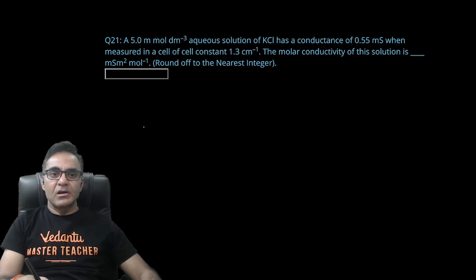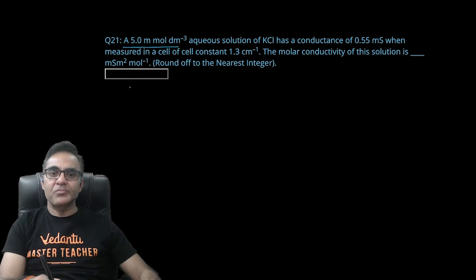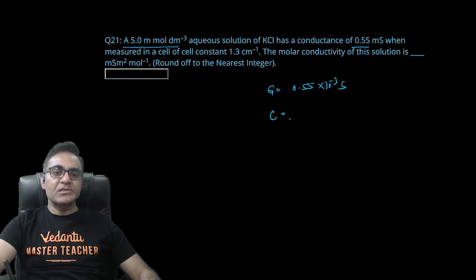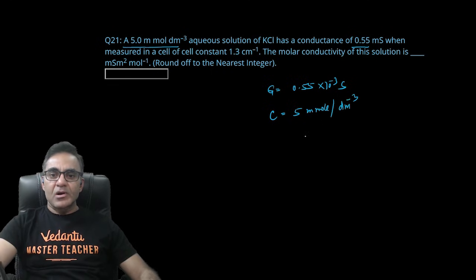5 मोलर नहीं, क्वेश्चन में गिवन है 5 मिली मोल पर डेसीमीटर क्यूब, यानी एक तरह से मोलैरिटी दिया हुआ है लेकिन मिली मोल पर डेसीमीटर क्यूब के टर्म्स में दिया हुआ है, ओके। कंडक्टेंस दिया है 0.55, यानी कि कंडक्टेंस जी को मैं लिख देता हूं 0.5 मिली साइमंस इंटू 10⁻³ एस, और मोलैरिटी कॉन्सेंट्रेशन भी आपको दिया हुआ है 5 मिली मोल पर डेसीमीटर क्यूब, और इसको मैं लिख सकता हूं 5 इंटू 10⁻³ मोल पर डेसीमीटर क्यूब, राइट।